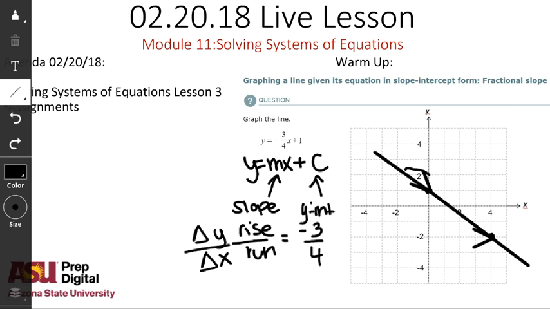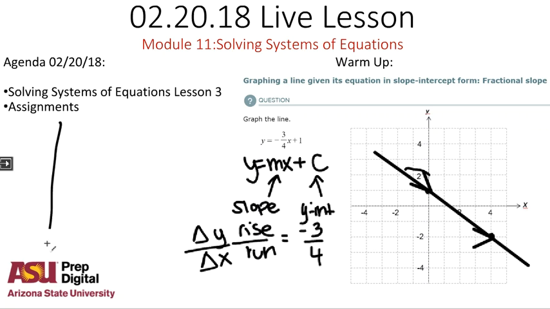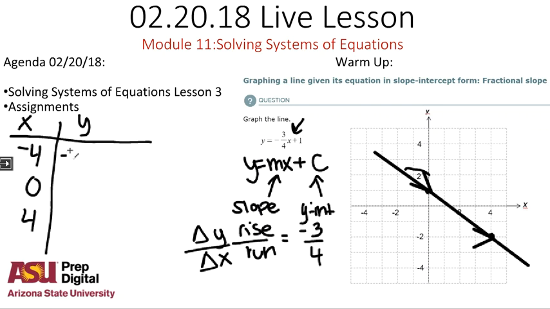Another strategy that you could use is making a table. And so I could do an input-output table. Instead of what I did here, which was plot the y-intercept first, the 1, and then use the slope, I can do an input-output table and find coordinate pairs. And so if I choose 3 points, for example, if I start by plugging in negative 4 into the rule right here, I would get negative